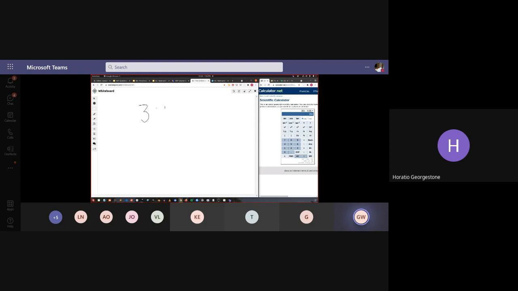If you take a ratio and you multiply every number in the ratio by the same number, then what you get is an equivalent ratio. So let's take this ratio and times everything by 4. Take the 3, times it by 4, take the 5, times it by 4. That gives us